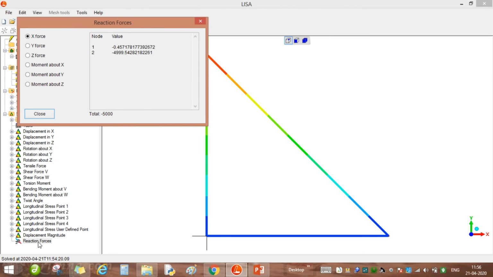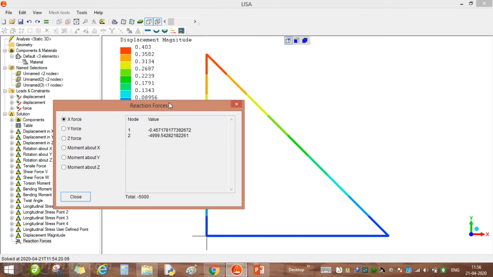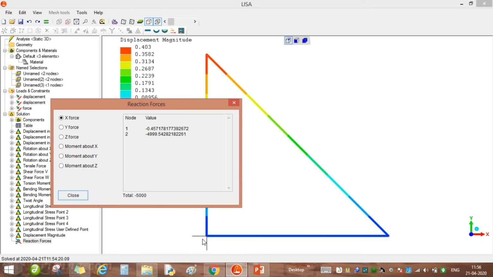Reaction force, we can double click here to see what are the reactions at different nodes, node number 1 and node number 2, because the constraints are provided at node number 1 and node number 2. So we get the reactions here. It is almost equal to the load along x-axis, so that is why it is minus approximately 5000 Newton or 5 kilonewton.